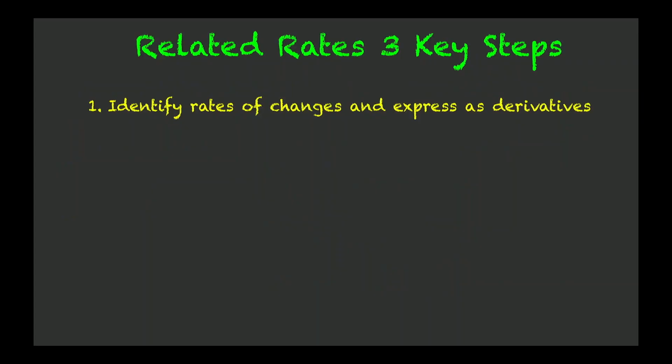All right, before we move on to another related rate problem, let's take a look at the 3 key steps in solving these types of problems. And we'll take a couple notes along the way. So step number 1 is to identify rates of change and express as derivatives. So if you're reading the problem and it says the radius is changing at a certain rate, we would want to write that down as a dr, and all the derivatives in this section are with respect to t,